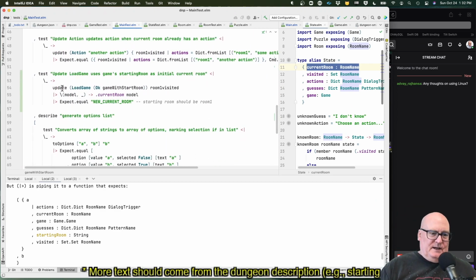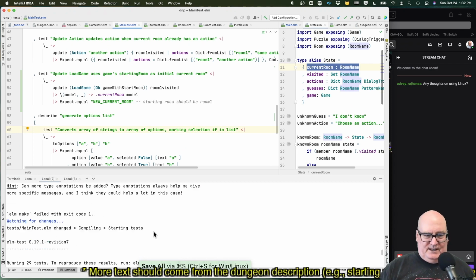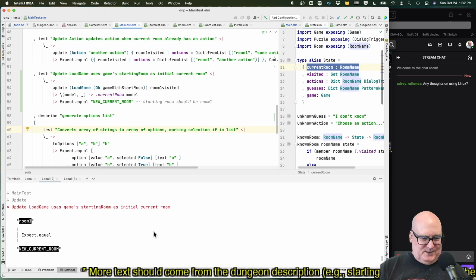Okay, so given an update, if you have OK game with start room and your current setup is room 1 visited, then when you finish, we'll pull out the current room from the model, and we expect that to be equal to the new command room. And this should fail. Oops. This should fail for the right reason, not those reasons we've been doing.